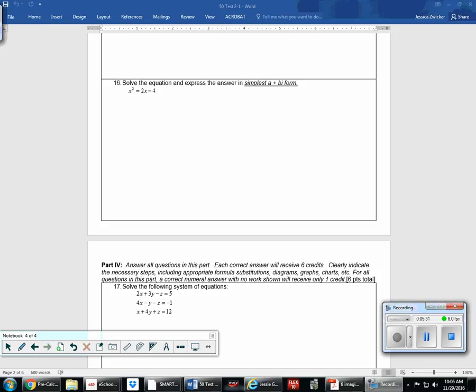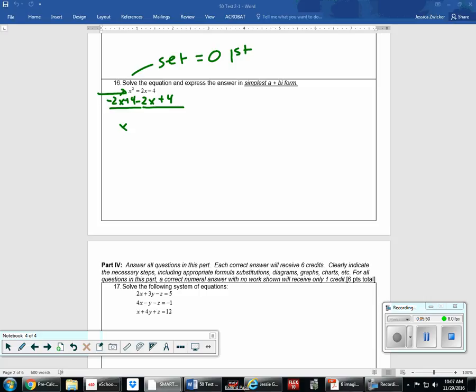16 was a question that I think a lot of you guys could do, but the way it was set up confused us. Now, remember, whenever you're asked to solve something, you have to set it equal to 0 first. That's what caught us up. So if I subtract 2x and add 4, I can set this equation equal to 0. Now, if I try to factor, I'm not going to be able to think of anything that multiplies to 4 and adds to 2. So my options are the quadratic formula